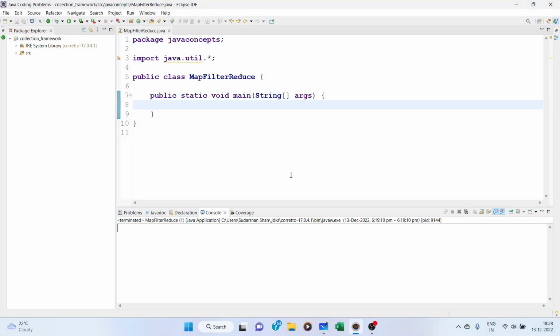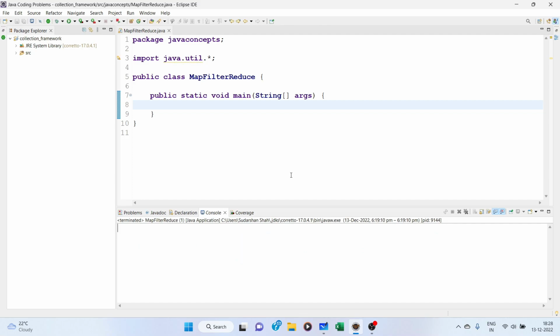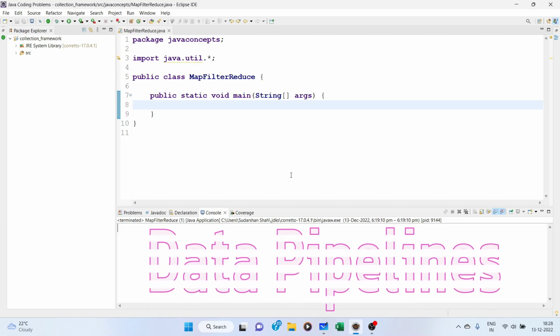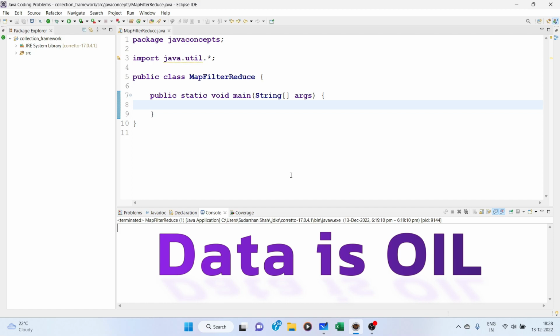In this video, we are going to discuss map, filter and reduce operations. These operations are used in creating data pipelines. Now, data today in the 21st century is the most important thing in the world, right? So,